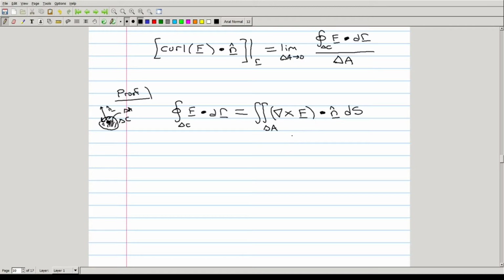So if you remember the mean value theorem for 1D, we can also apply the mean value theorem to multivariable integrals as well. So by the mean value theorem, there exists a point, we call it r star, in delta A, so on delta A, this bounding surface for each delta A, such that